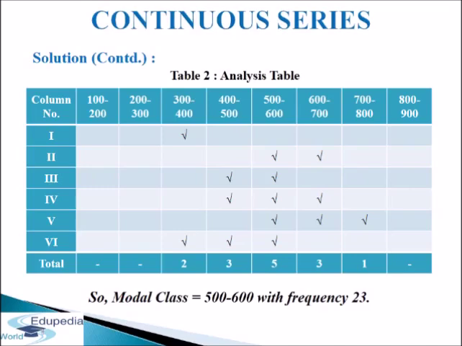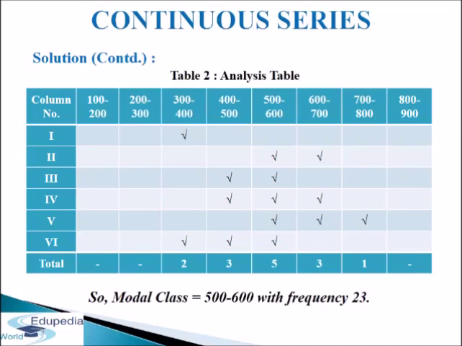Next we come to the fifth column. In the fifth column we have to add the second, third and fourth frequencies. By adding up these frequencies, the highest total we got is 55. We got 55 by adding up 23, 22 and 10. 23 is the frequency of 500 to 600, so we'll put a tick mark against this. 22 is the frequency of 600 to 700, so we'll put a tick mark against this class interval. And 10 is the frequency of 700 to 800, so we'll put a tick mark against